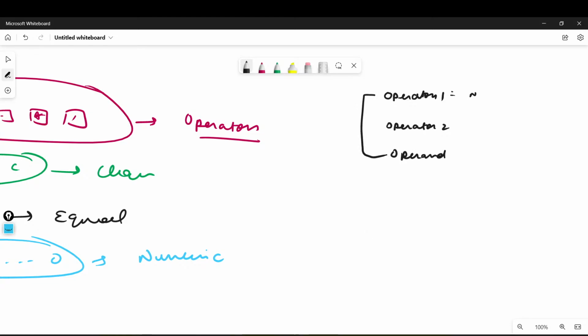Initially, they will all contain null, because maybe if someone just enters our calculator and just wants to say equals to, there is no point in giving any answer, because everything is null. We have not given operand 1, we have not given operand 2, we have not given any operator, right? So what we are doing is just initializing 3 variables. And what is the use of that? That is a very important part.